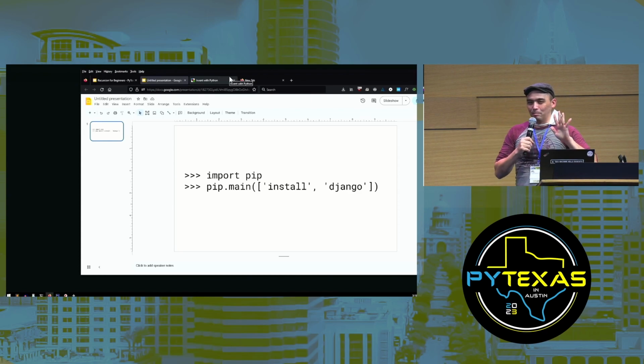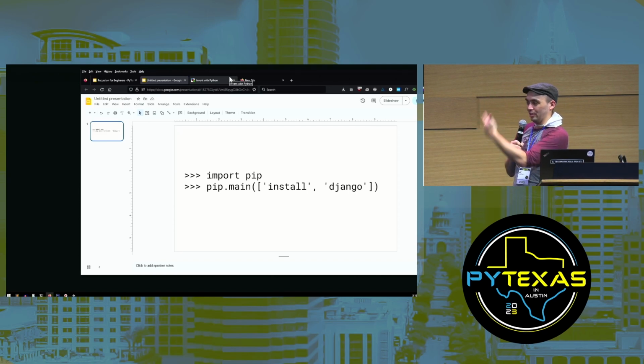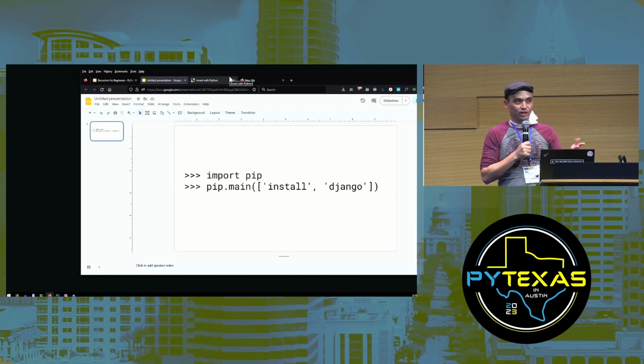This is not a best practice. If you want your Python application to run pip for some reason, you would not want it to just directly run this. And I think actually Python gives you some warning, but hey, this is how you can do that if you just need to get something installed so you can continue on with your workshop or your class or your blog post tutorial or your video or whatever. Pip.main and then pass it a list. Okay, thank you. That's all.